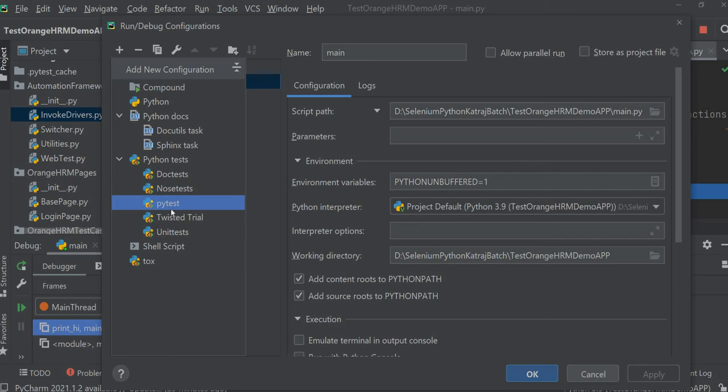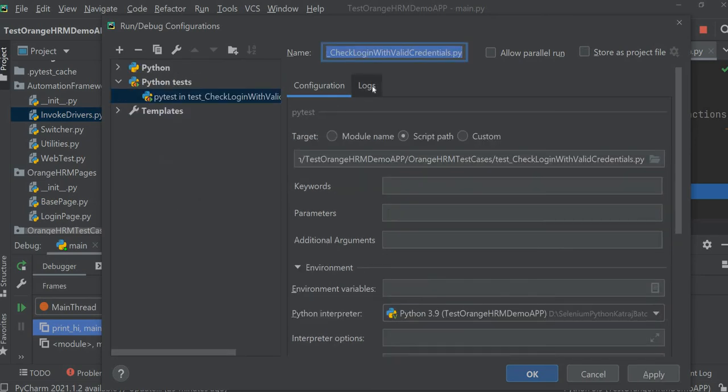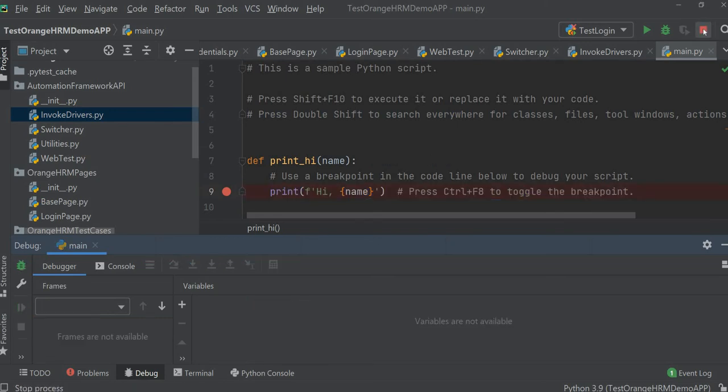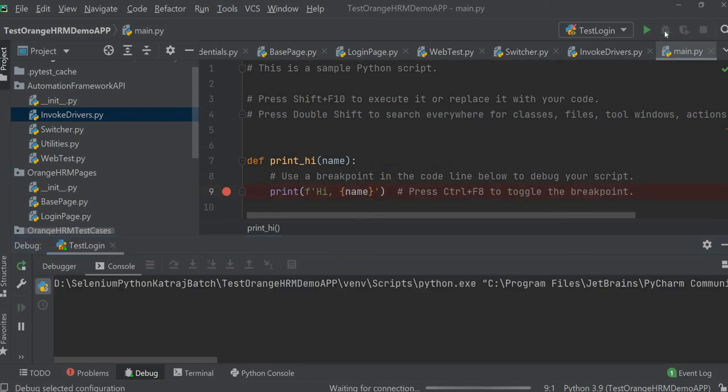Okay, we need to create here, right? So I would say test login. This is our file. I'll say OK, and let's debug it. So this is how. Just a minute. Let me stop it. Let me debug it now.